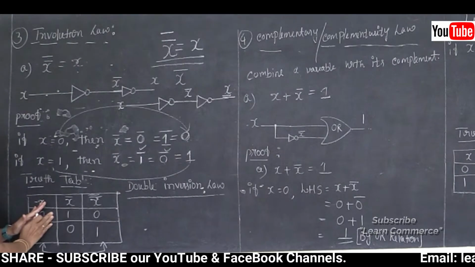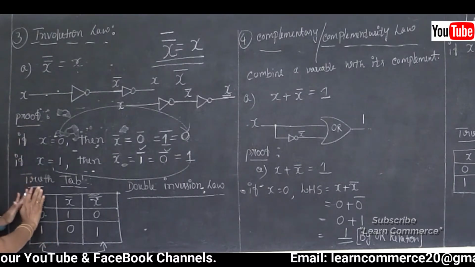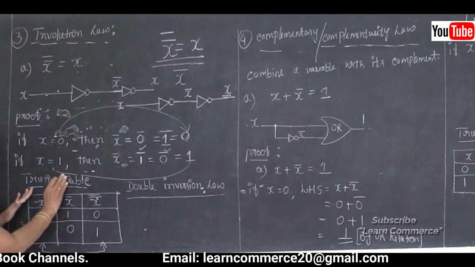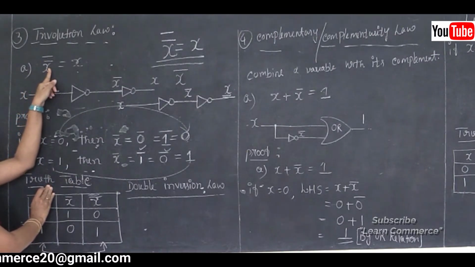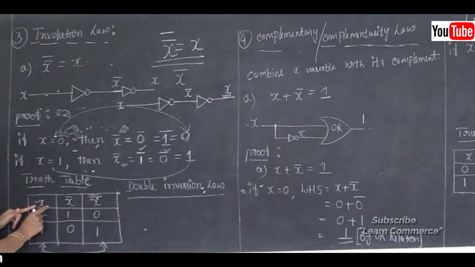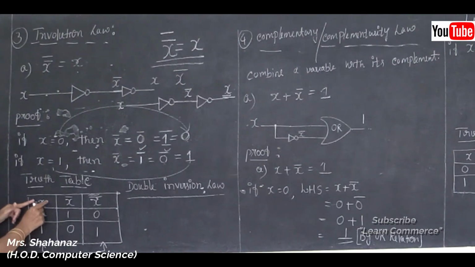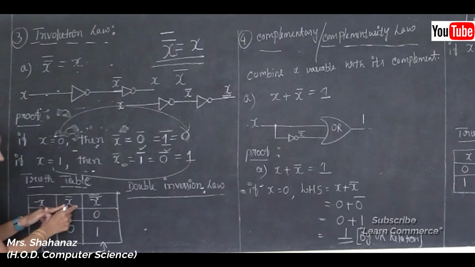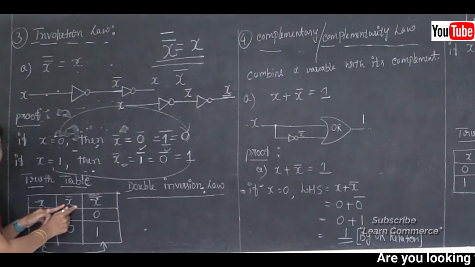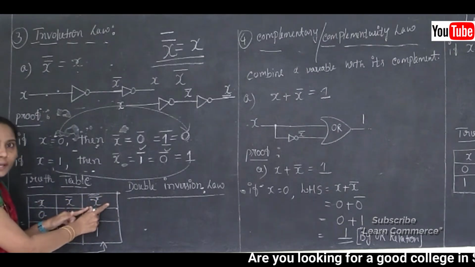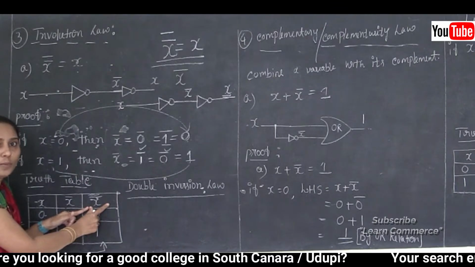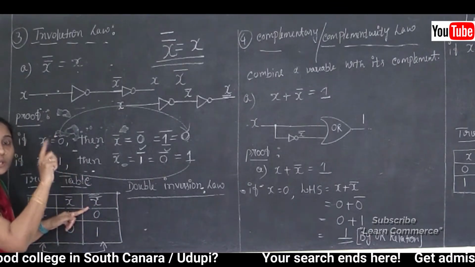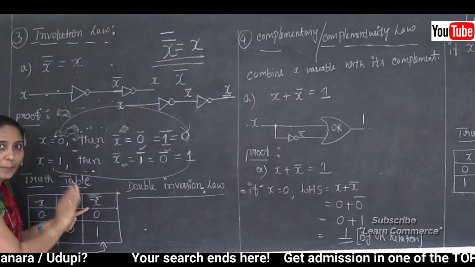Now let's prove it by using the truth table. We know this is the complement rule, correct? Here, first of all, in the first column I am using the value as x. In the second column I am giving the heading as the complement of x, and in the third column, that is the double inversion, called the variable complemented twice. Two times I use the complementation for the variable x.